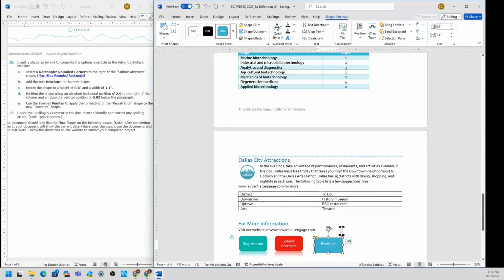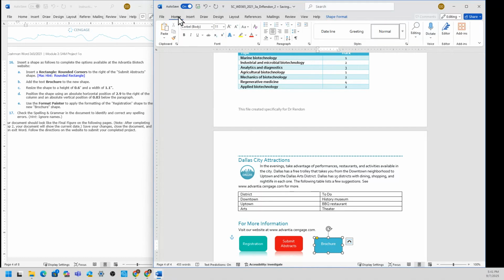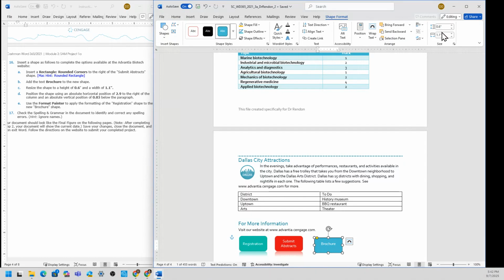Okay, click outside, and then, so let me see. I want to make sure that the shape format is 0.6, 1.1 is still. And then, so now we need to position the shape.